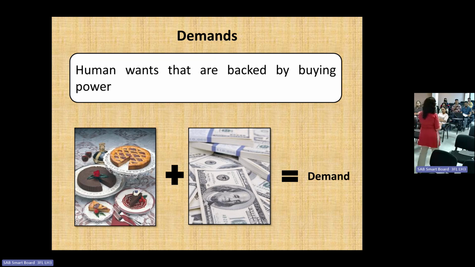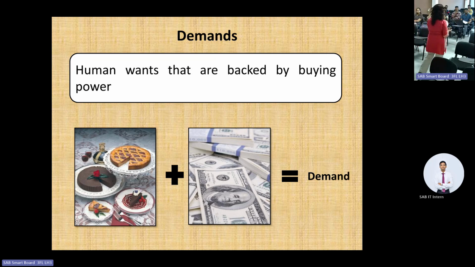We see this very clearly these days. Once milk powder prices went up, people stopped having milk powder. Is it because they don't like it? They still like it, but now they're not having it because it's too expensive. So they can't afford it, and that affects demand. The same thing happened to biscuits. Once biscuit prices went up, since biscuit is not an essential product,